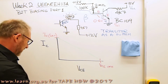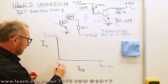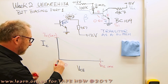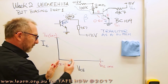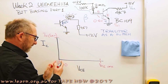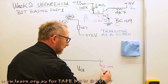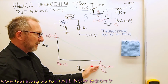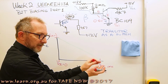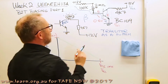Other things to note here are this is going to be VCE equals 0 at this point here. So these represent all the ranges from VCE 0 up to VCC, because when VCE is off, the transistor is turned off, VCE actually has the full rail voltage on it,